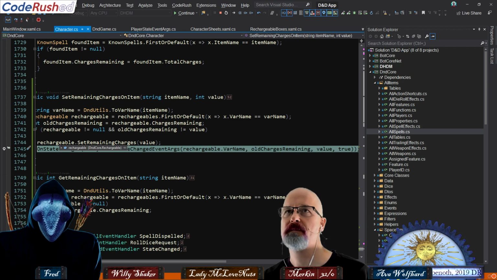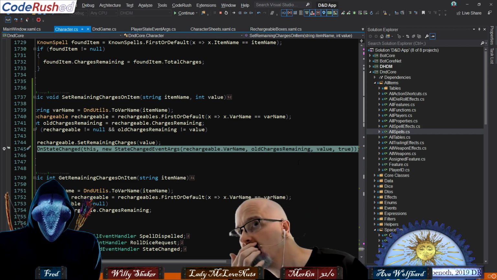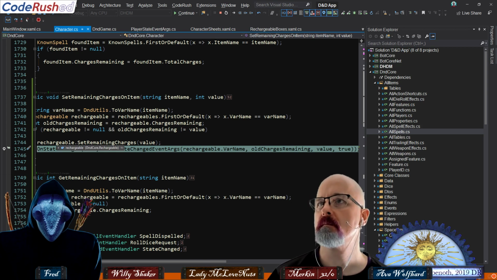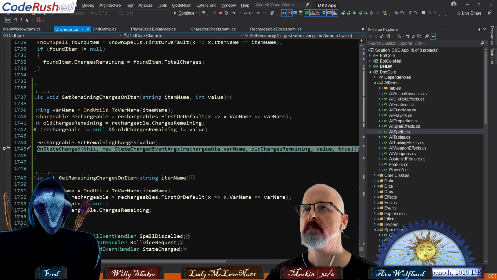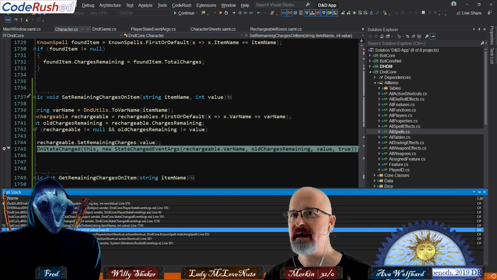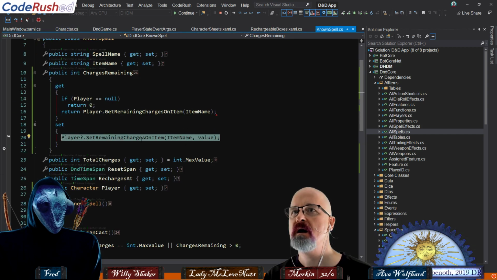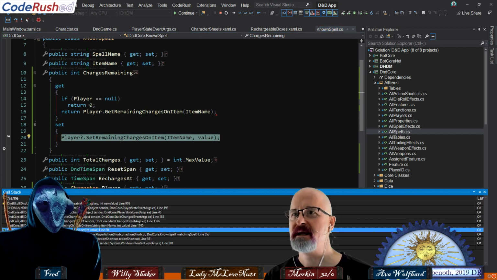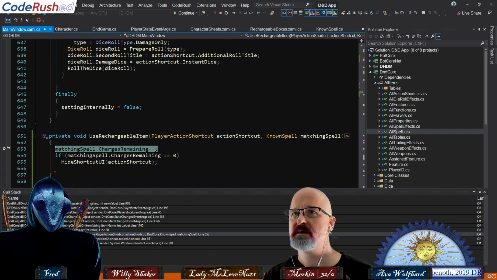That's on the rechargeable. That's in character. On state changed. So why is it 0 set remaining charges on item coming in at 0? Let's continue backing out. Charges remaining is 0 because we decremented it here.